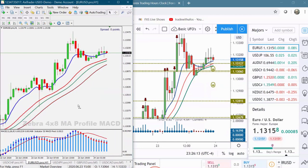All right, so what do we see here? We see that the MACD is telling us that we're in a bit of a pullback right now. So I would say that maybe the best thing to do is to give it a little bit of a wait. So what's our top of the buy zone that we have right here? You can see that top is 1.3127. All right, so let's see if we can find 1.3127